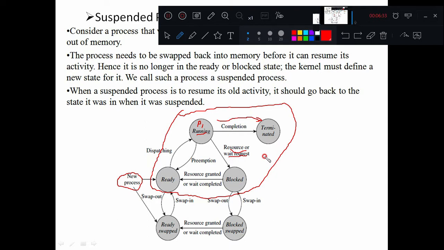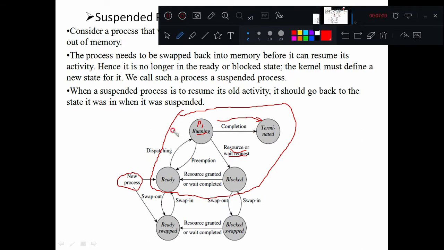In such cases, if the operating system cannot provide the resources, or the resources are not available, the process state will be changed from running to blocked. Even when the results are not available from the other processes, the process has to wait. Instead of waiting in a running state, it will wait in a blocked state, so that the other processes can be